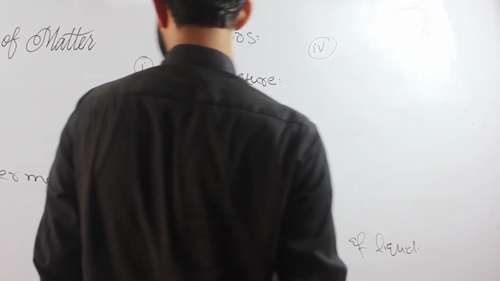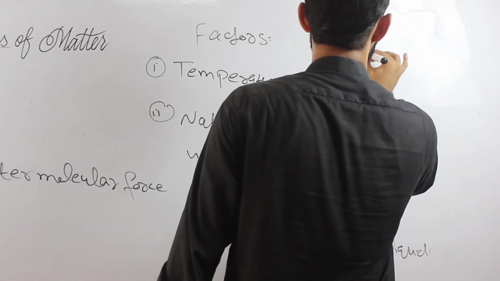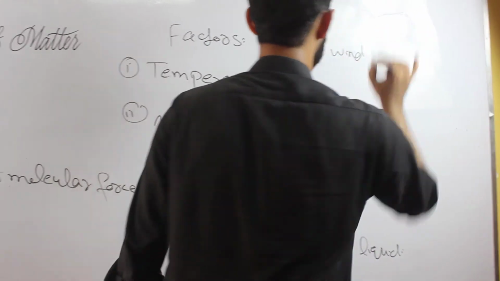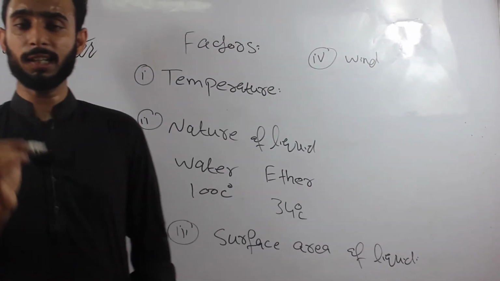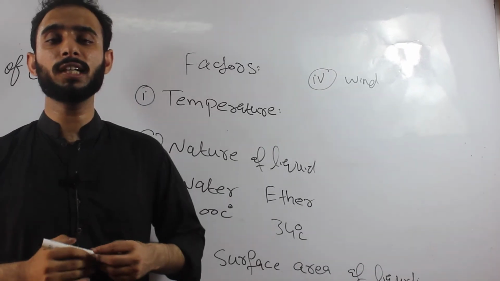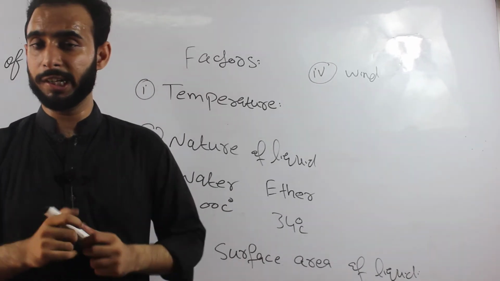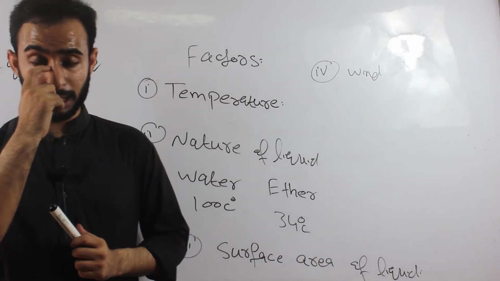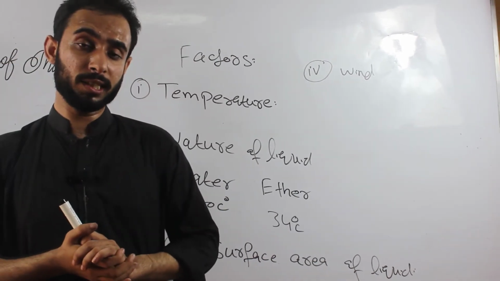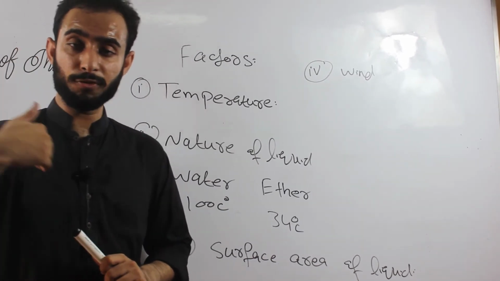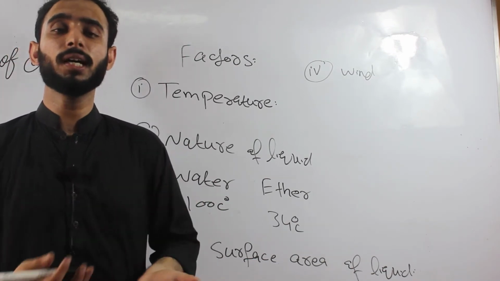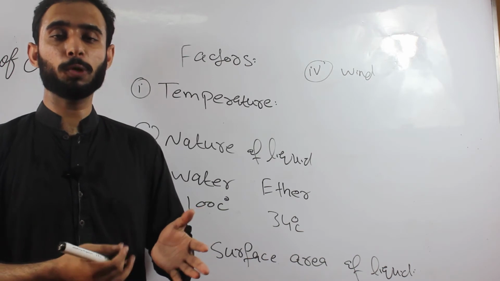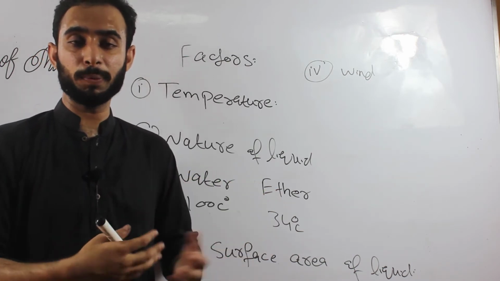So the fourth factor of the evaporation is wind. So, students, wind also has a direct relation with the evaporation. If wind is fast moving, then the evaporation rate is also very fast. Just like, student, if wind is moving very fast and we want to dry our cloth, our cloth will dry quickly as compared to when wind is not moving very fast,